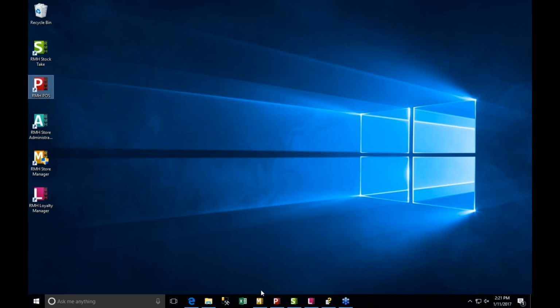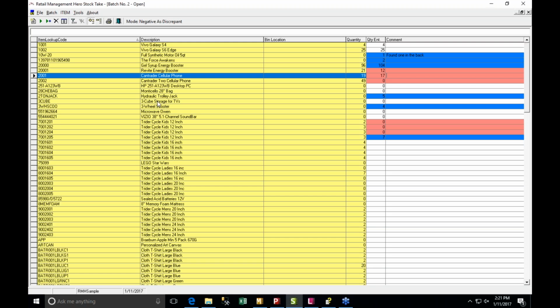The next thing that I want to showcase is the standalone stock take application. And I use the term standalone only in that you don't launch it from within the POS application, like you did with the RMS stock take application, if you want to refer to it as that, or the physical inventory interface. And so it has a lot of the same features that you expected from the RMS side, but it has